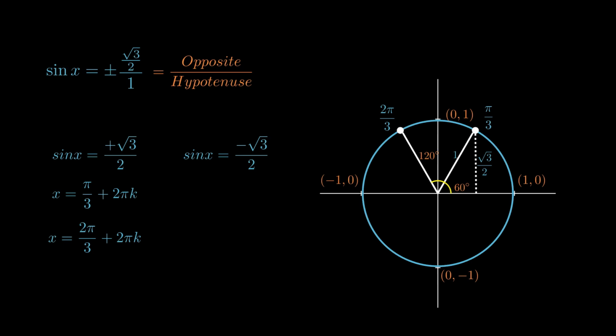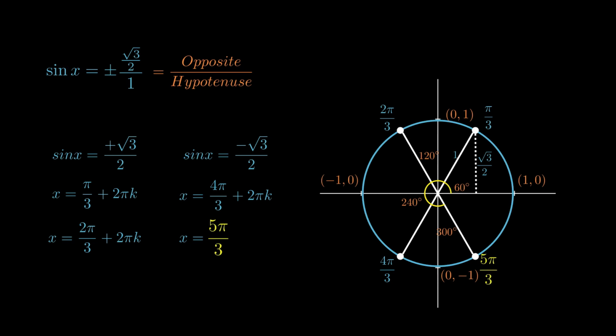Moving on to the case where sine of x equals minus square root 3 over 2, the solutions are in the third and fourth quadrants, located symmetrically to the previous solutions with respect to the abscissa. The roots found this way appear at 240 degrees and at 300 degrees. In other words, they are 4 pi over 3 and 5 pi over 3 radians. Please do not forget to add the other infinite number of solutions coming from the periodic property of the sine